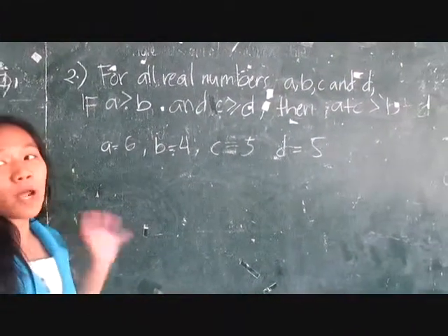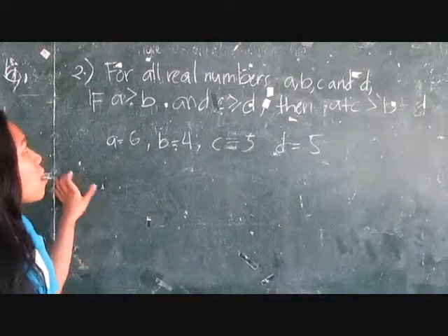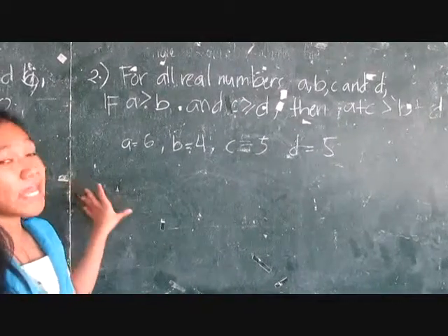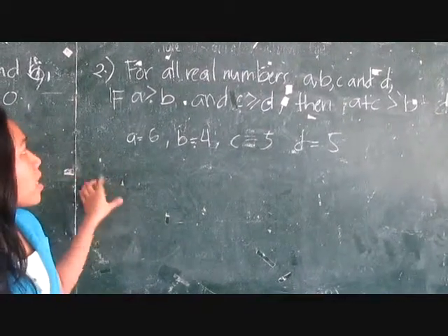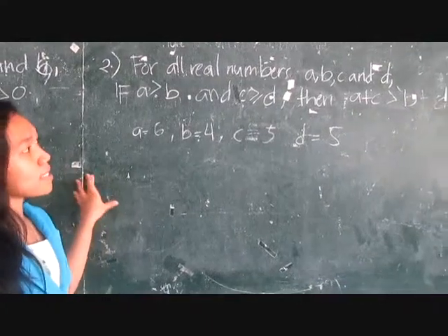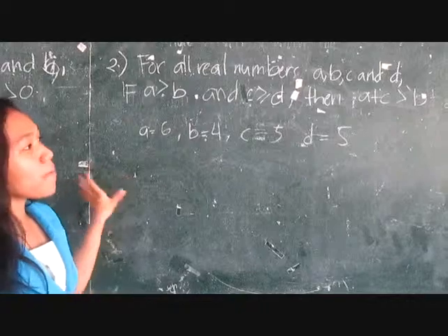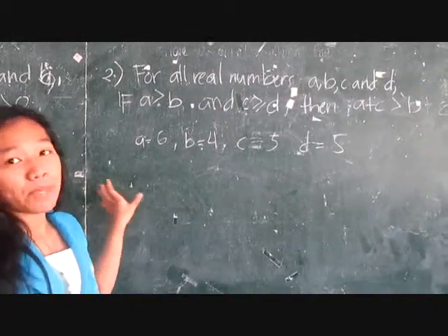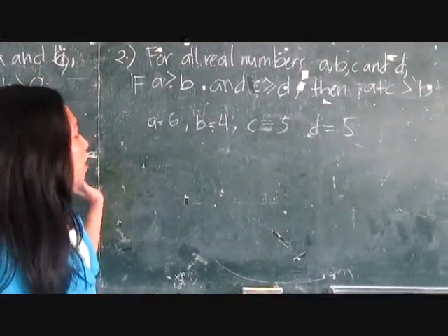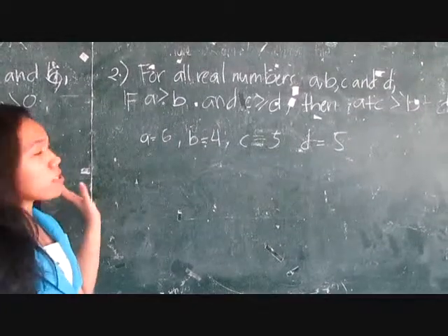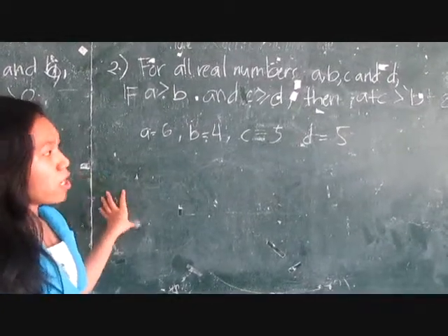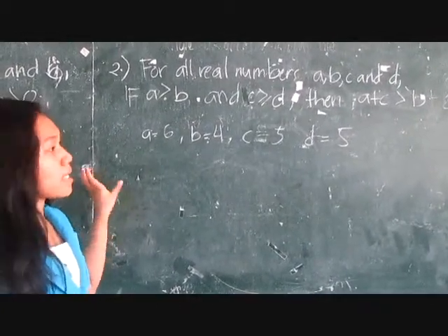So, another property of inequalities is for all real numbers A, B, C, and D, if A is greater than B and C is greater than or equal to D, then A plus C is greater than B plus D. So, for example, A is equal to 6, B is equal to 4, C is equal to 5, and D is